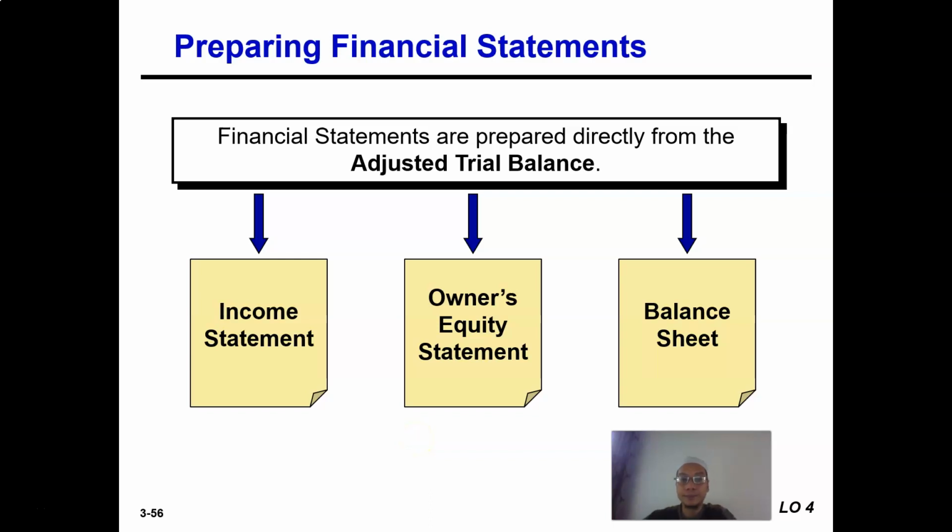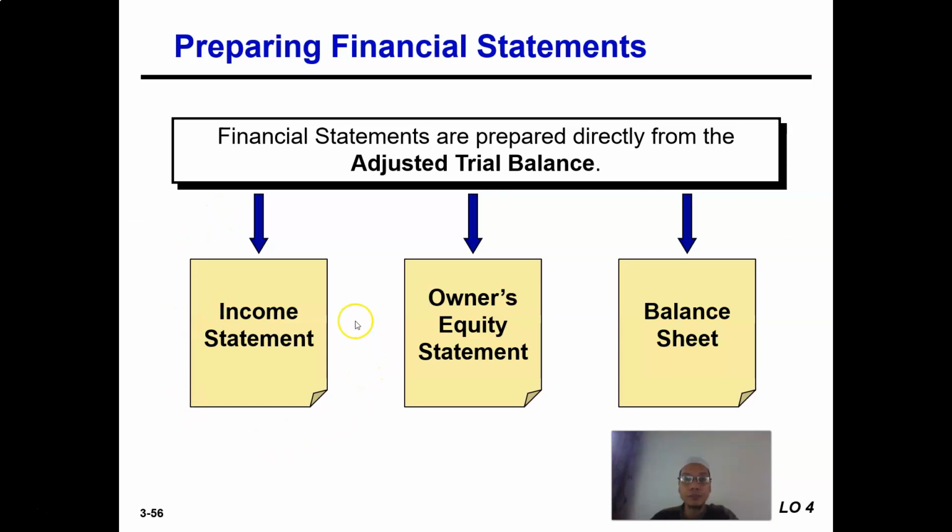After we have prepared the adjusted trial balance, we will prepare the financial reports. All of the information in the financial reports will be collected directly from the adjusted trial balance. So there are three